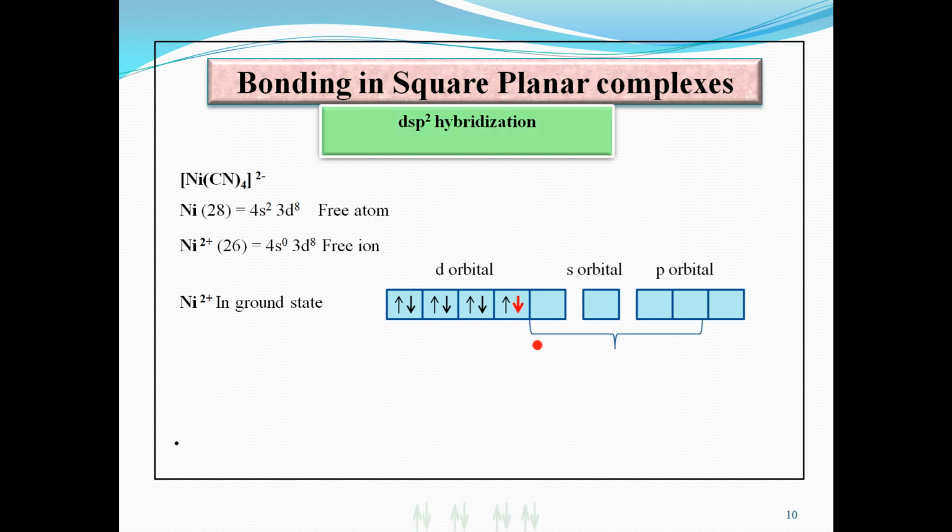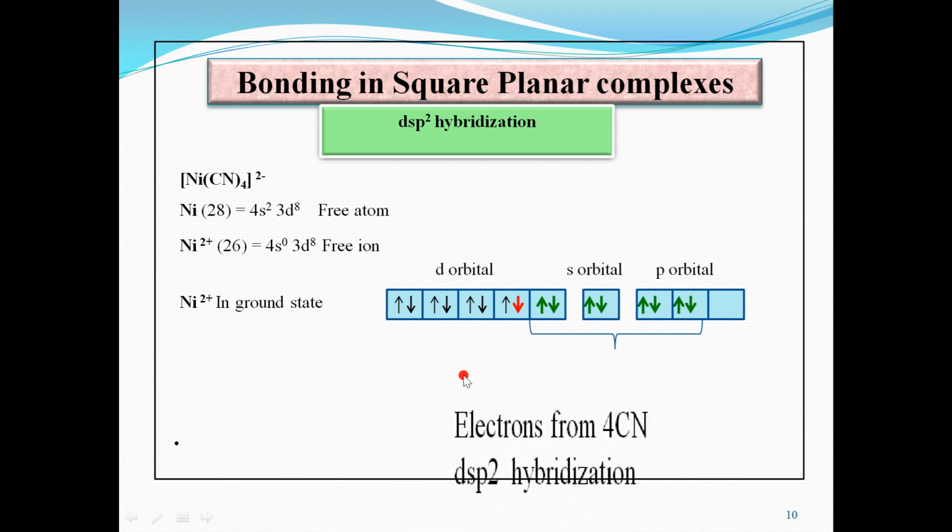So we can fill the electrons of the 4 cyanide ions into the 3d orbital, then the 4s orbital and 4p orbitals. Two pairs are in the p orbitals. So the first, second, third and fourth pairs of the 4 cyanide ions occupy the respective orbitals, and it undergoes